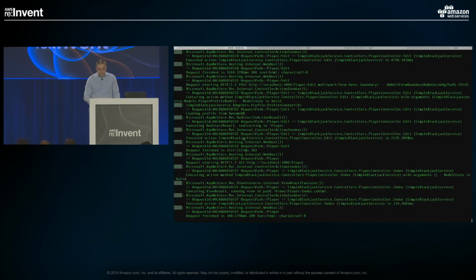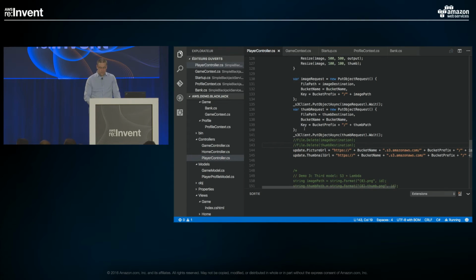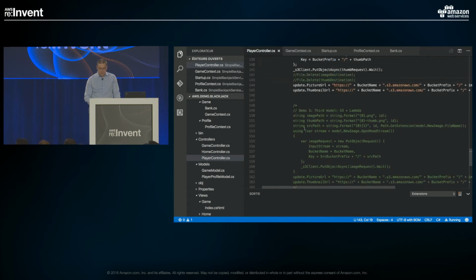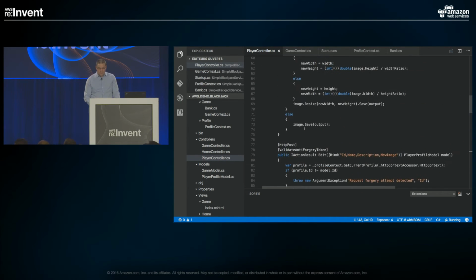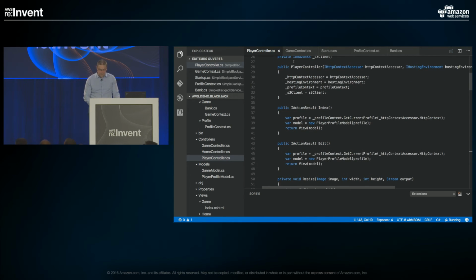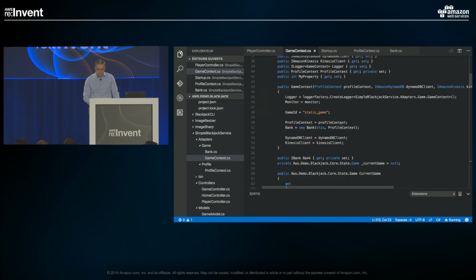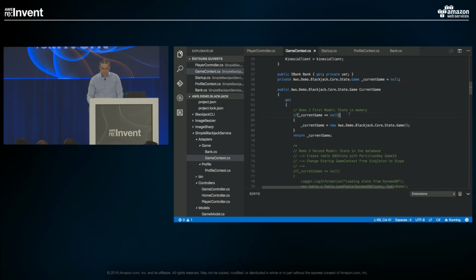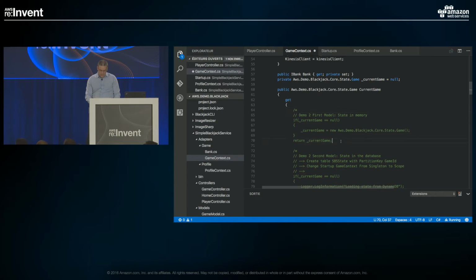So if I get back to my code, my player controller is still the same. Here, what I can find as well is that I have everything here. But in my game context, which is the one I want, my state here is in memory. When I don't have anything, I'm creating a new object. What I could do is just comment that out. And instead of doing it,